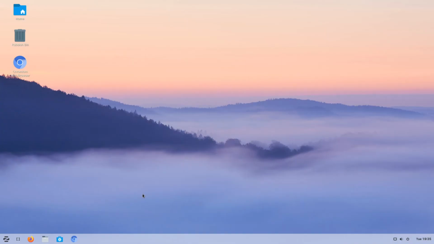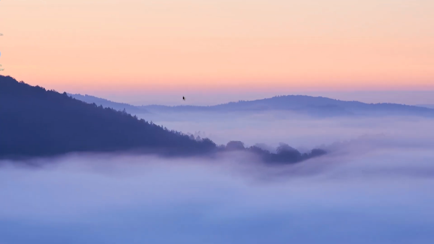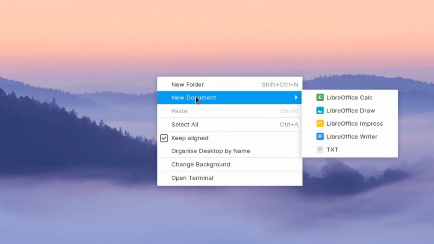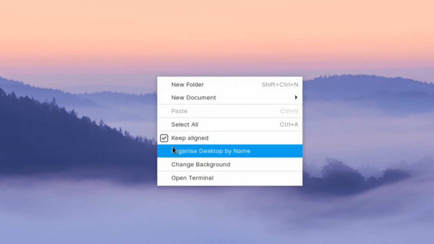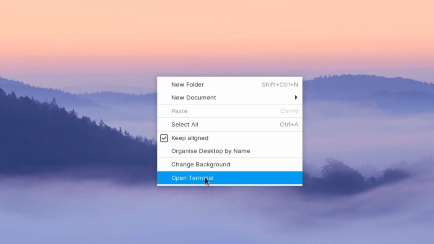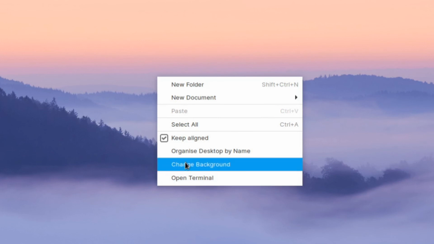And then the last thing I'd like to mention before we finish is if you right click on the desktop, you get this context menu, so you can create a new folder or a new document from here. You can align or organize the desktop icons. We can open the Linux terminal from here, and the one that almost everybody likes to do, myself included, is